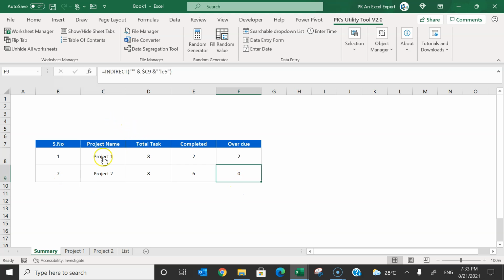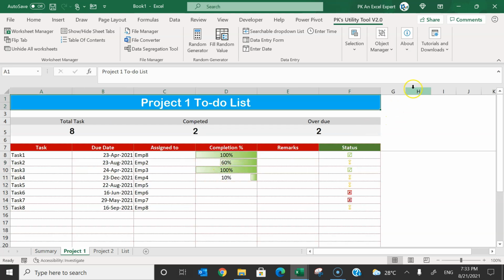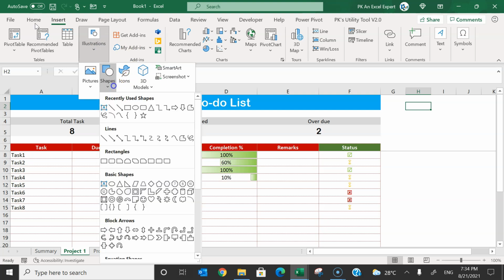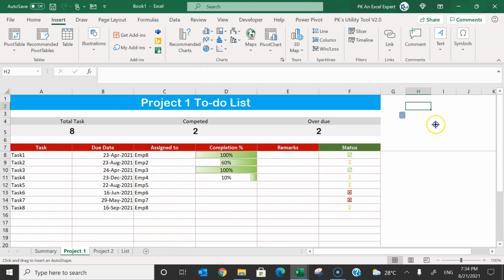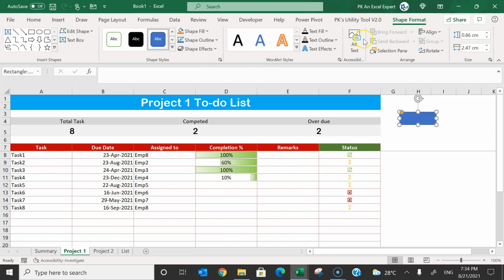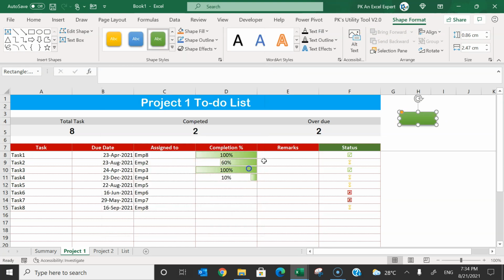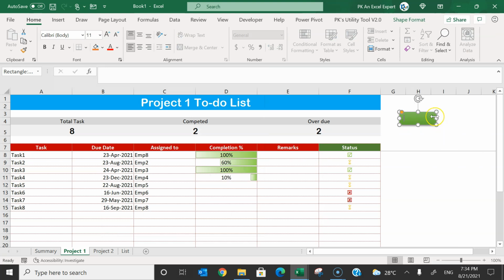Alright friends, we have added hyperlinks here, so we can add a back button here. I'll go to insert, then I'll add a shape from here. Let's take this one, and you can go to the shape format and take a style from here. Let's take this one, right click, edit text, and put here back or index or summary, whatever you want to put. Let's put summary here.